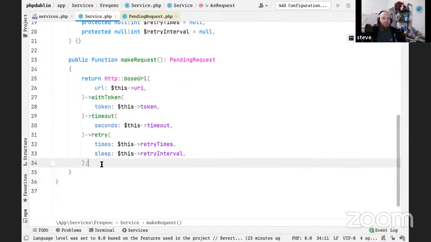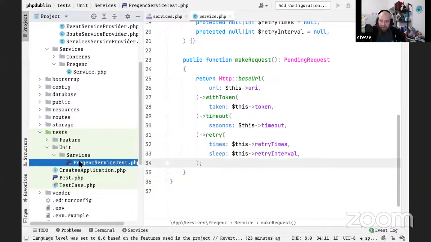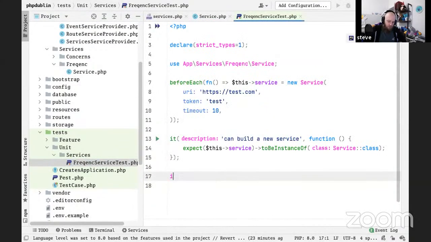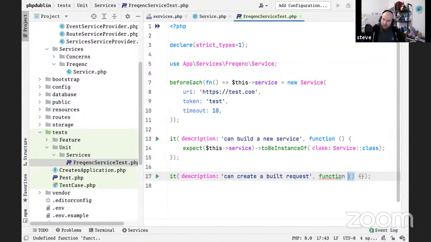So every time we get a request, you've got the base URI set, it's got the token configured, and it's got the retry interval and the timeout all configured, and we can just call it and get started straight away. It's nice and quick and nice and easy. So one thing we can quickly do perhaps here is create a built request test. Basically, all we want to check here is that